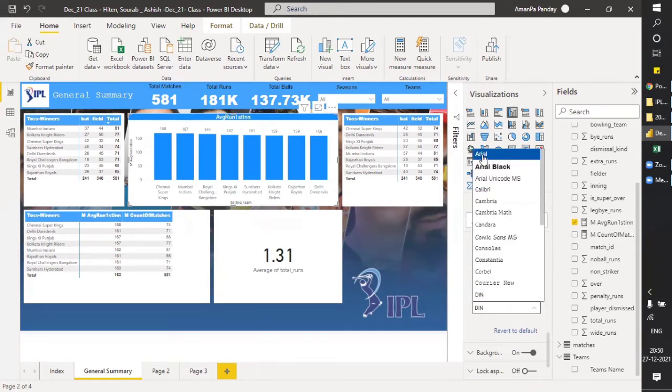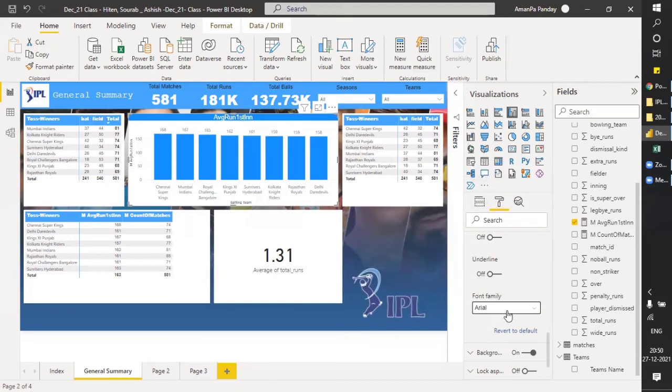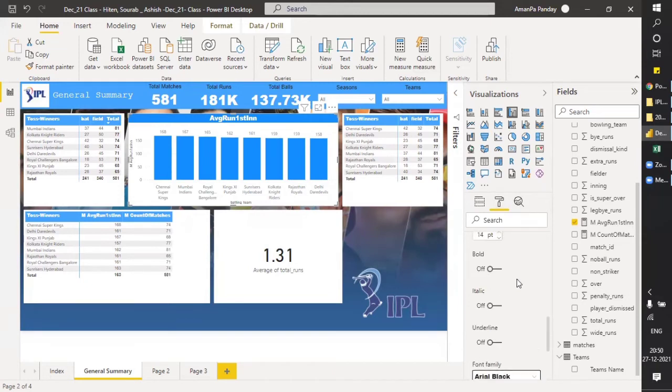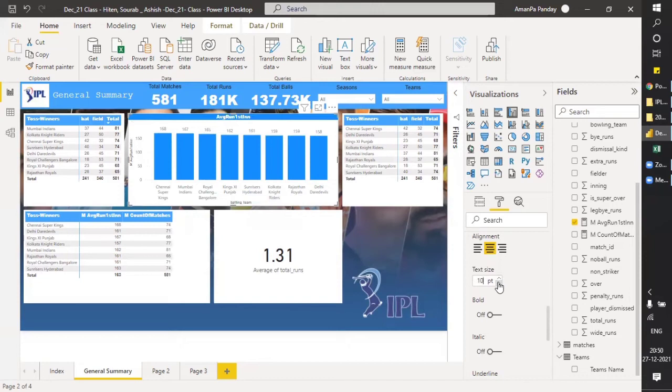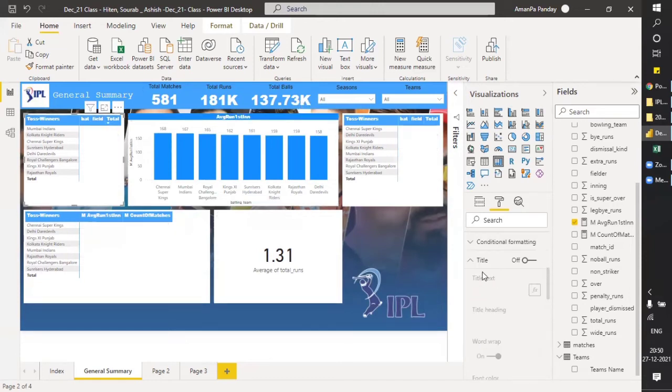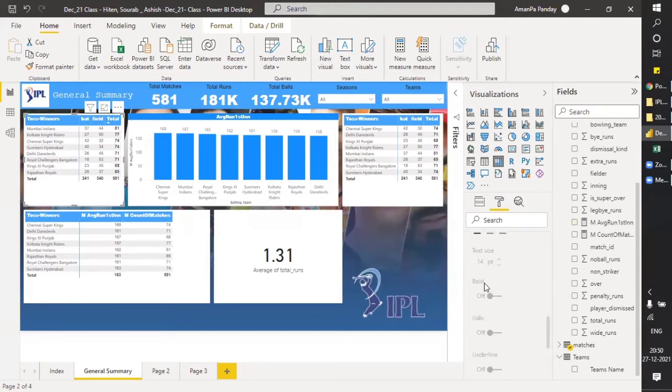Arial black, I believe. Text size should be less. Should be 10. What was the text size here? Column header. Arial black 10. Okay.